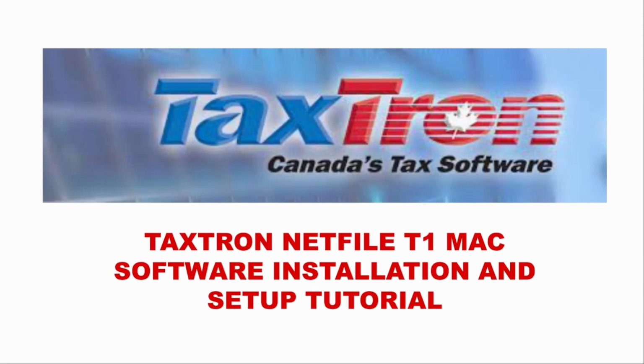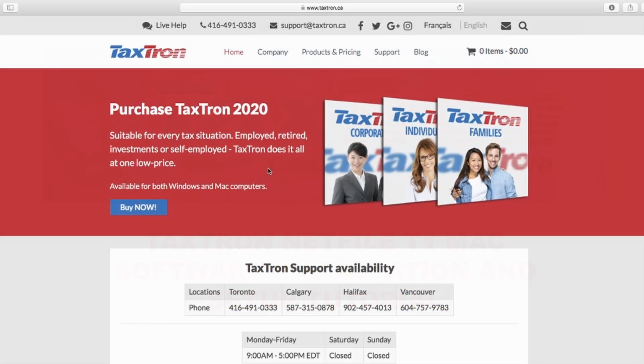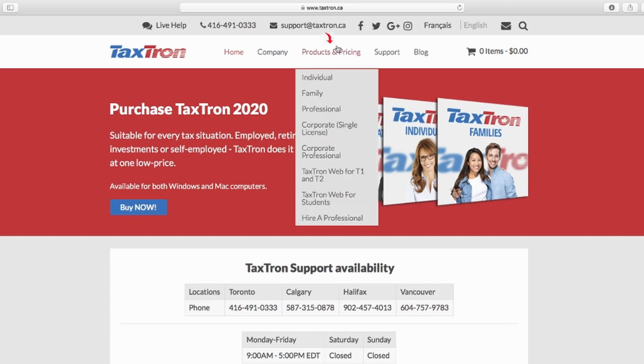So today we're going to show you how to download, install, and set up the TaxTron T1 Netfile version on the Mac software. So if you look at the screen right now, we are on taxtron.ca. Whichever web browser you would like to use for searching up this website, it is up to you to do that. Now, if you look over products and pricing, and then you go to the individual section,